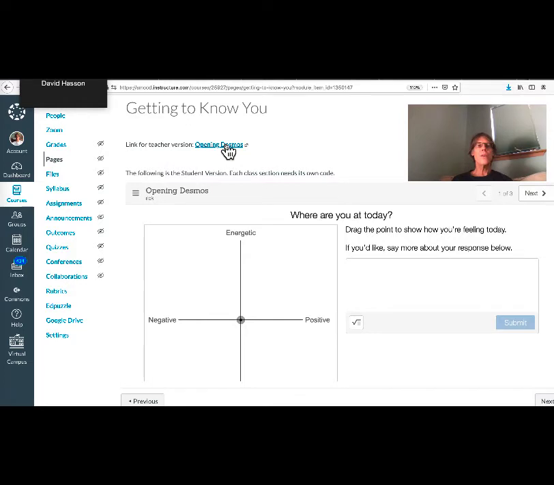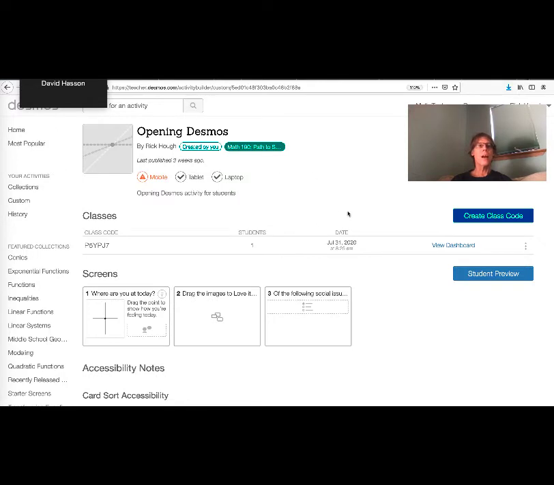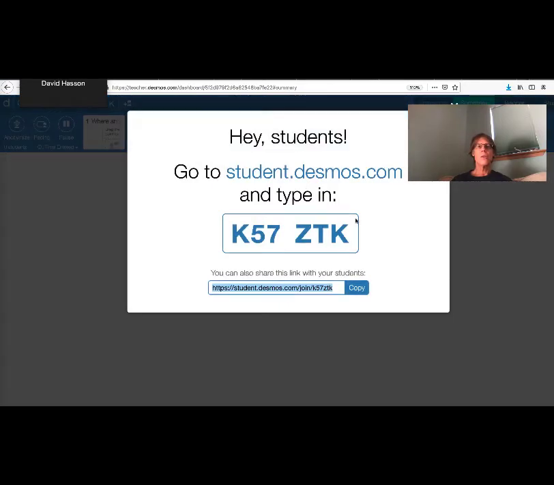So if instead you go to Opening Desmos on the teacher side, I think whether you have an account set up or not, you can create a class code. And once you have that new section, and you want one for each one of your class sections so that the group of students that's going to interact in your activity are all from a particular class, you can copy that,